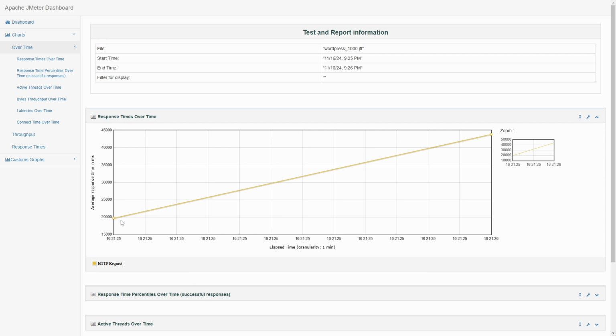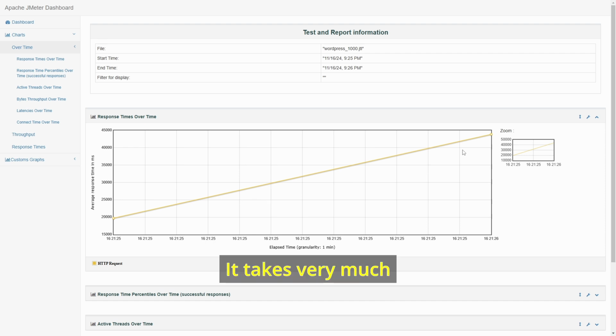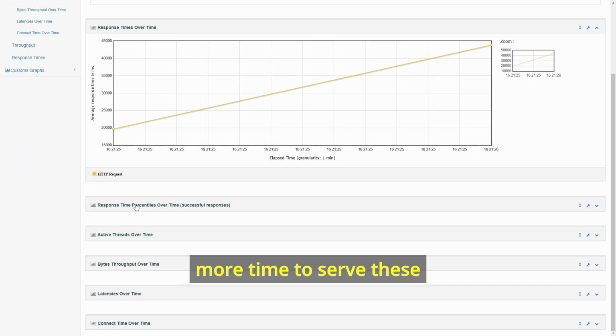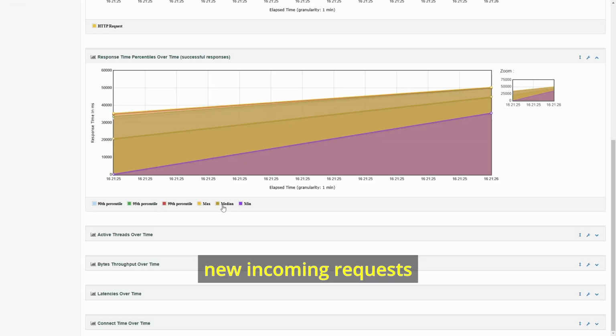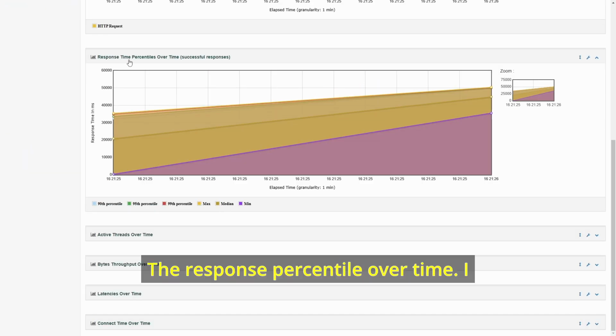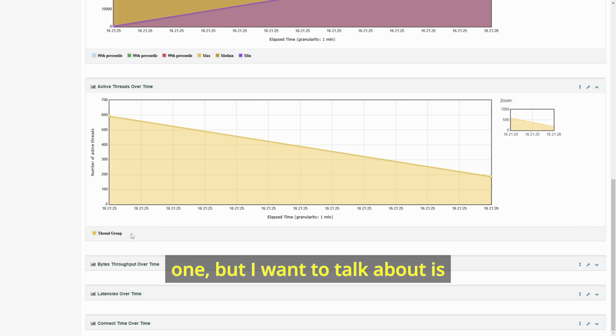We can see response over time, how this is changing. So as we increase the load, it takes much more time to serve these new incoming requests. The response percentile over time, I don't want to talk too much about this one, but what I want to talk about is